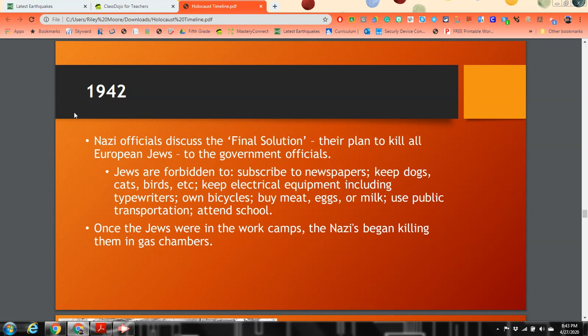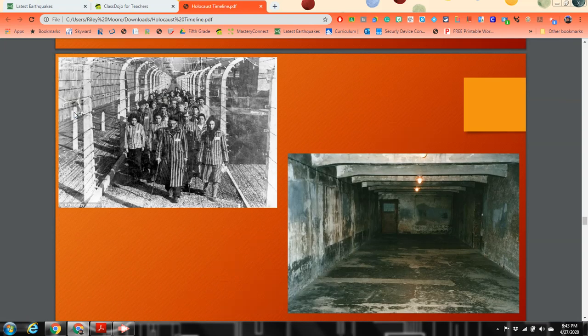Once the Jews were at work camp, Nazis began killing them in gas chambers. And what would happen, they would get off the train, and basically you had soldiers that were standing, and they would either point to the right or the left. Everyone that was exiting the train had to either go right or left. What they were doing was that if you went to the right, you were going to get your change of clothes, get your head shaved, do all that. If you went to the left, they gave you an opinion that you were going to